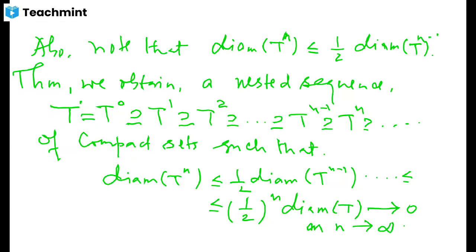So you have what? You have a nested sequence of compact sets, and all these compact sets are non-empty. And what's happening is that their diameter tends to 0 as n goes to infinity. So you must be reminded of a very well-known theorem, which is the Cantor's intersection theorem. All the hypotheses of Cantor's intersection theorem are satisfied here. So therefore, by Cantor's intersection theorem,